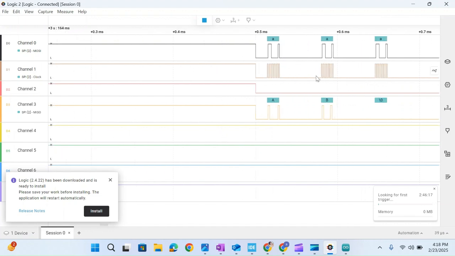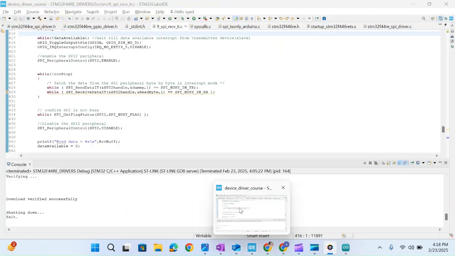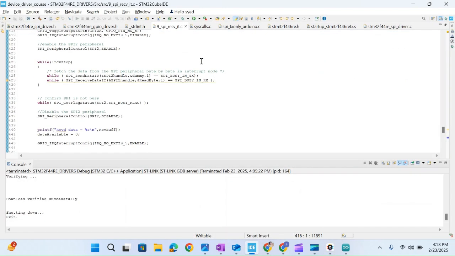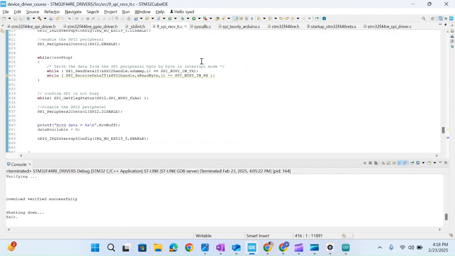Yeah, the same. We are transmitting a dummy byte. It will generate the clock. The slave has already put the character A in its buffer. It is sending when this clock is happening. Same for the second time, it will send. The third time it is sending the string terminator. This is where we check the null character and stop the communication. This is how SPI works in full duplex mode. It's been very long. That's it about the